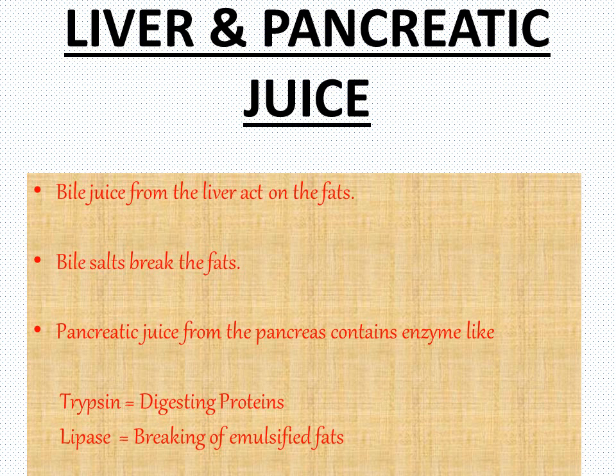The pancreas secretes pancreatic juice, which contains enzymes like trypsin and lipase. And what is the function of trypsin? It digests the proteins. Lipase helps in the breaking of emulsified fats, that means fats which are bigger and become large globules of fats, it helps in the breaking of that fat. So you understood that the liver secretes bile juice and the pancreas secretes pancreatic juice which contains enzymes trypsin and lipase.